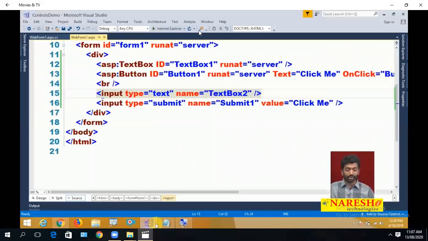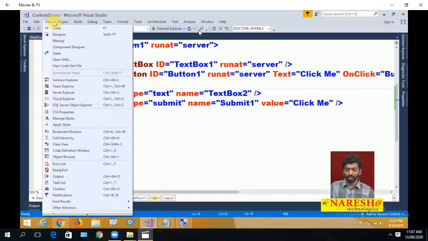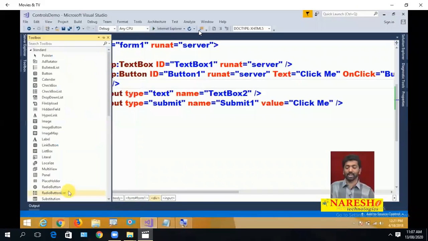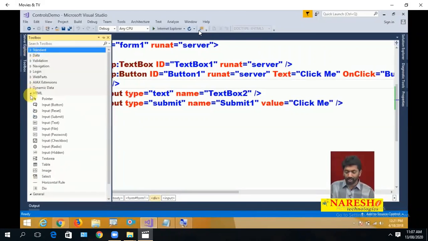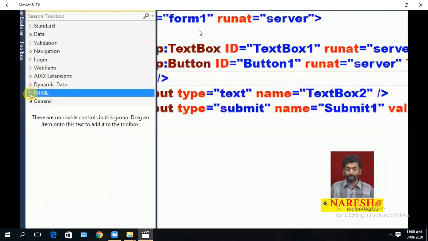But we don't use HTML directly. What do we use? ASP.NET controls are used. So like this, we are provided with a very rich set of controls here. So many controls are there. So how can I know what controls are available? Watch it. Open the toolbox window on the left hand side. If you don't find it, go to the View menu, and in the View menu you can find the toolbox. Select this. In this toolbox it will list all the various controls that are provided for us